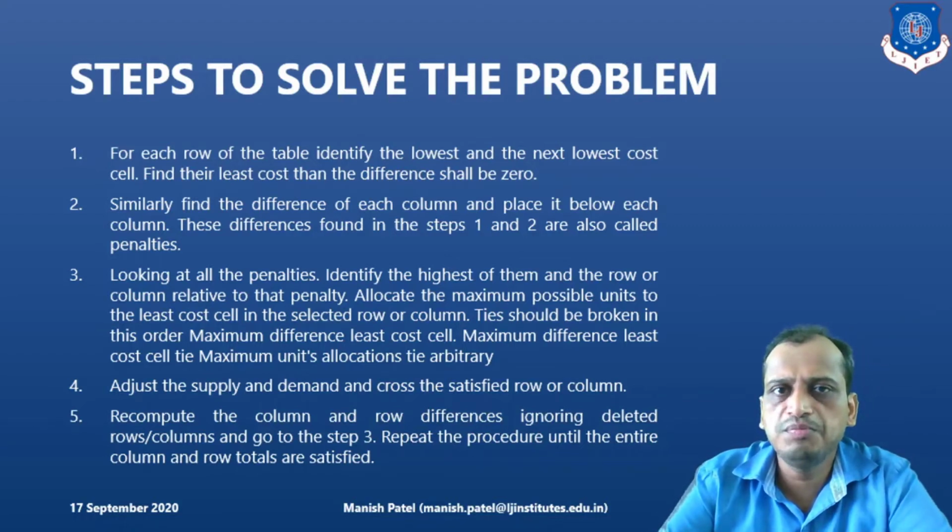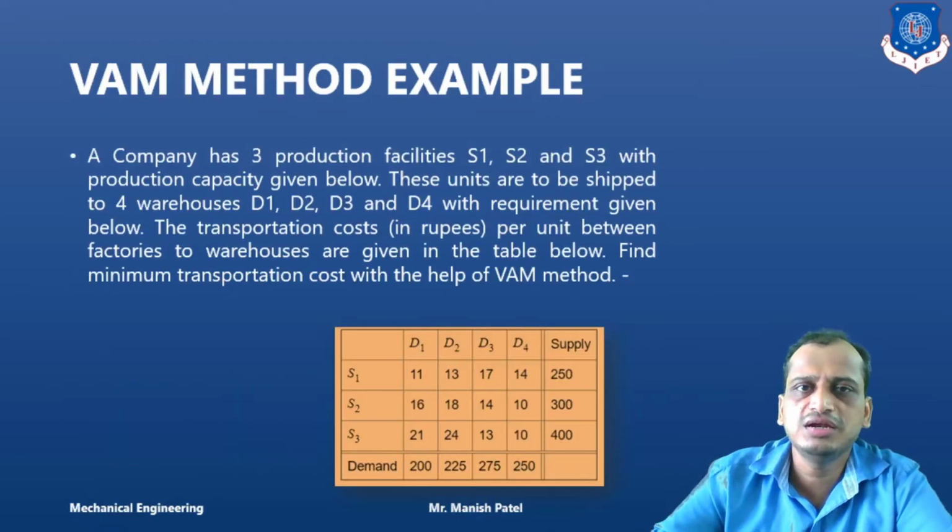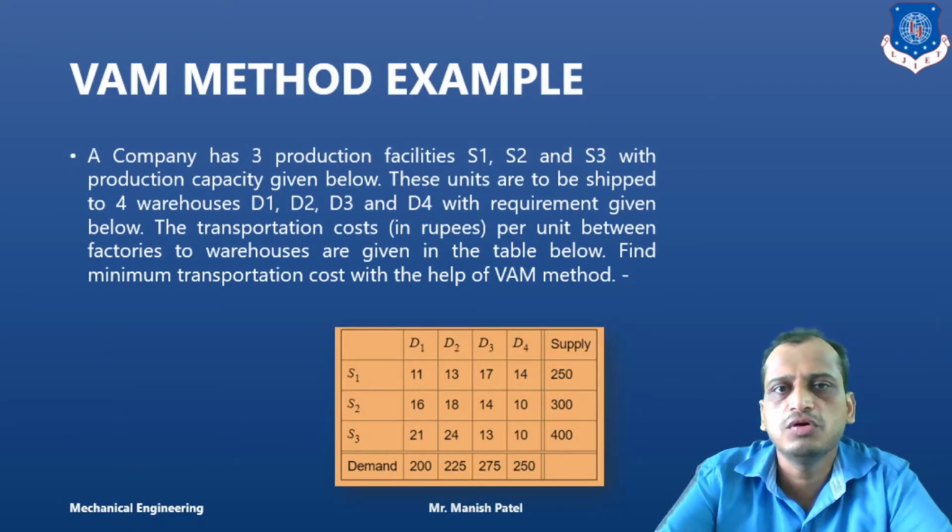And we will repeat these steps in each and every iteration, and we will try to fulfill the demand and supply side constraints by allocating the units, or you can say the packages, right? Once we allocate all of them and fulfill all the demand and supply constraints, we have arrived at the solution. We will look into an example so that you can easily understand the steps involved.